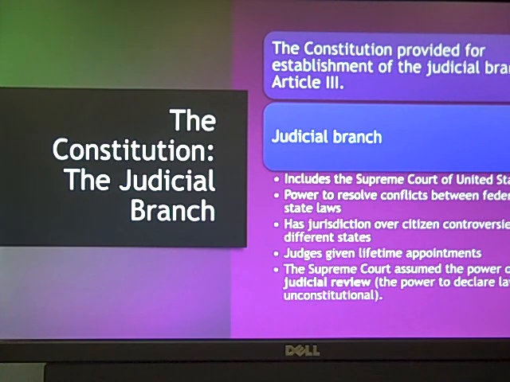So if there's conflict in laws, this is the branch that interprets them. You should understand this now because we already went over originalism, yes? And the living constitutional theory. And there is nothing in the actual Constitution about judicial review, but I want you to understand that if you